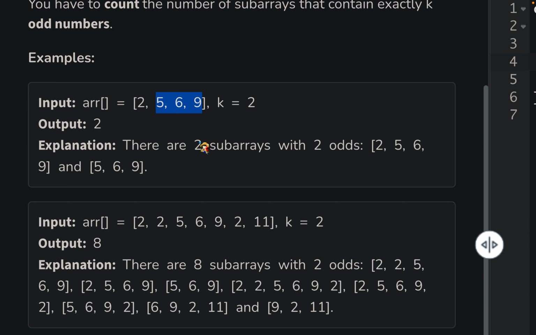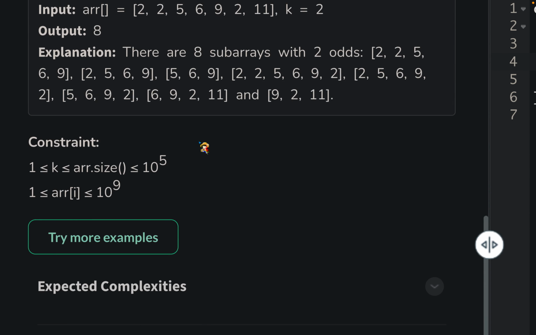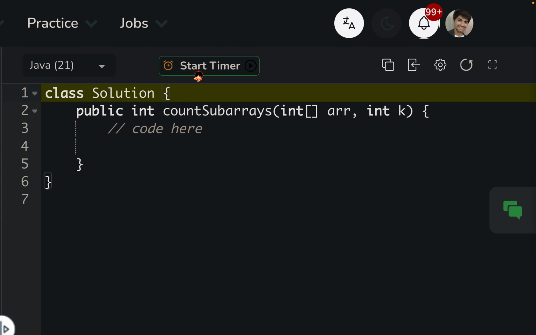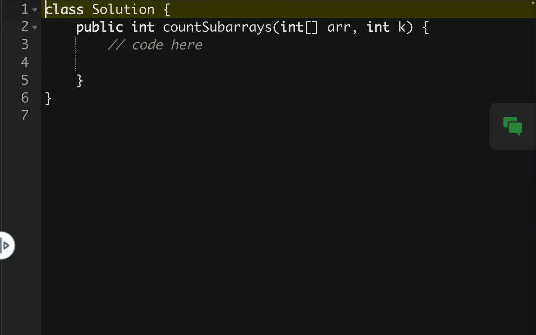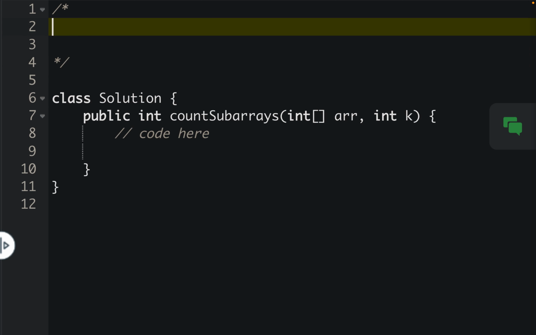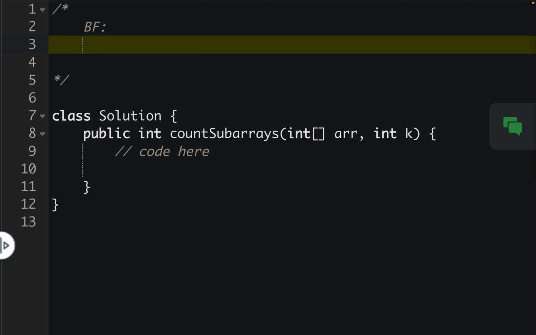How are we going to deal with this? How are we going to find it? So there are two optimal solutions, but before jumping into optimal solutions, let's see what the brute force solution says to us. How can we solve this if we didn't care about any optimizations? So the logic behind this brute force approach is that